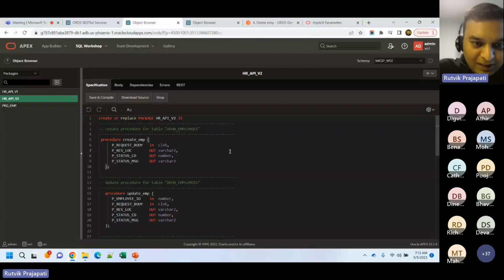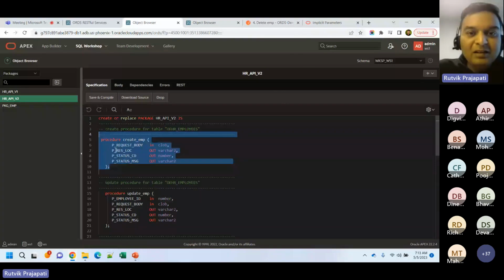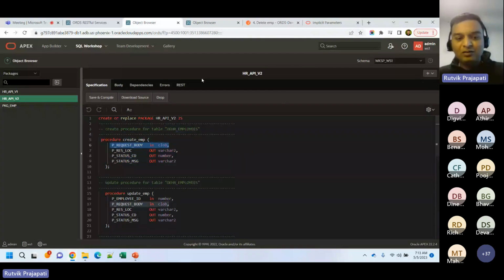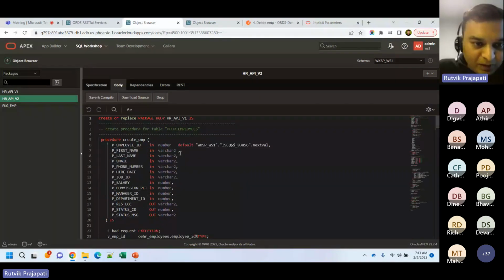I created this clob parameter. Basically, I want to pass whatever JSON body we have directly into this clob parameter, and I want to handle that inside my package. I do not require any individual single parameters. This is the second way you can implement your package, and these are all 3 standard out parameters. So in the body,